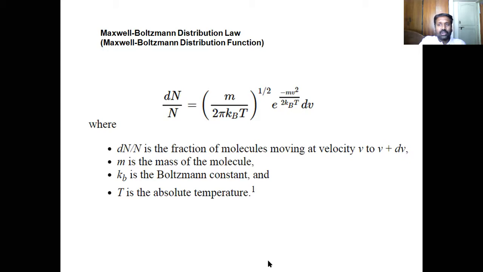As I told you, no molecule will have at any instant of time a pinpointed exact value of velocity, unlike the size of the onion, which is not going to vary at all. The velocity of the gas molecule keeps varying constantly. So instead of choosing a pinpointed value of v, you take a range of v. What is v? Speed or velocity of the gas molecules. v plus dv. So a small range of